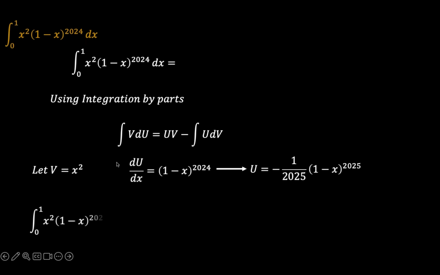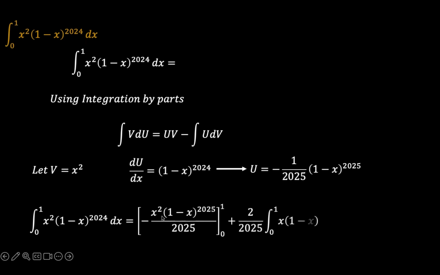So our integral of v du, which is x squared times 1 minus x to the power 2024, integrated from x equals 0 to 1 is uv, which is obviously this x squared times this u,